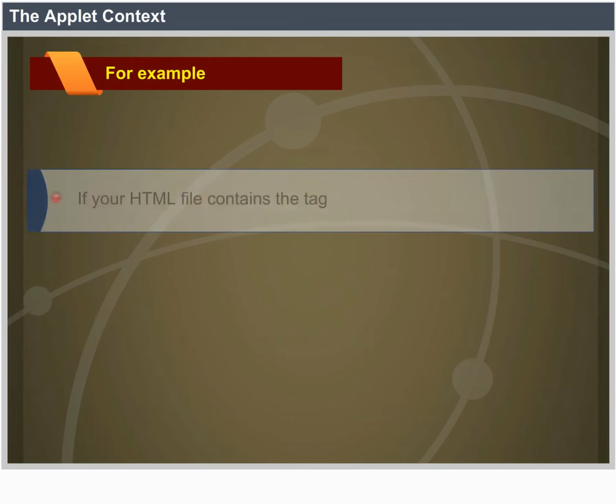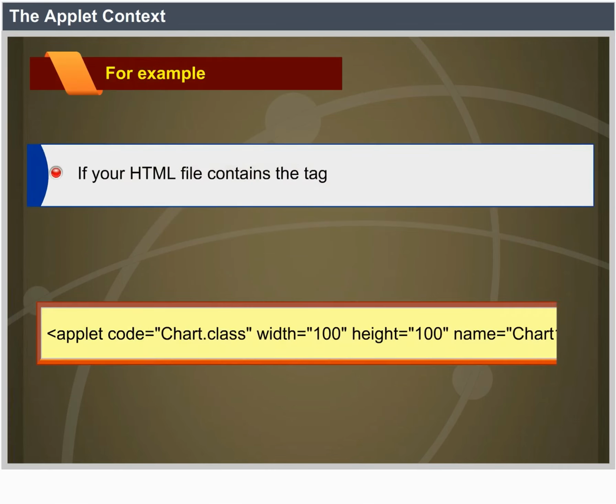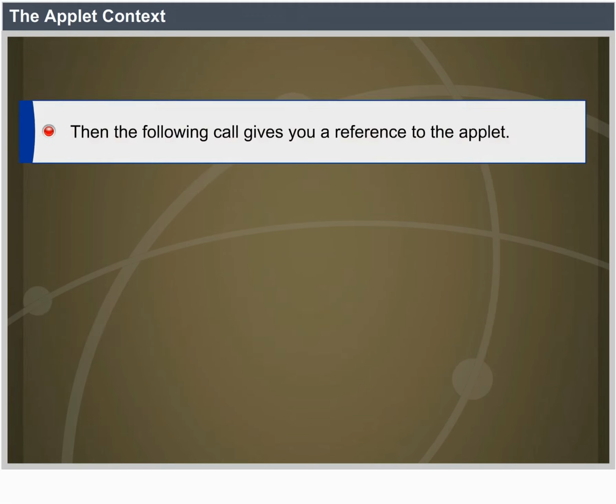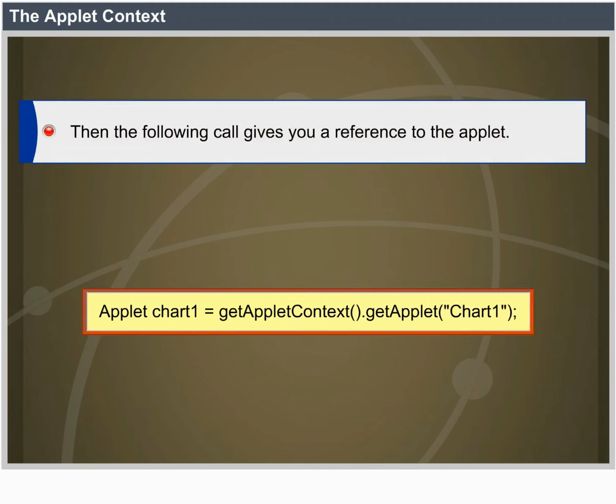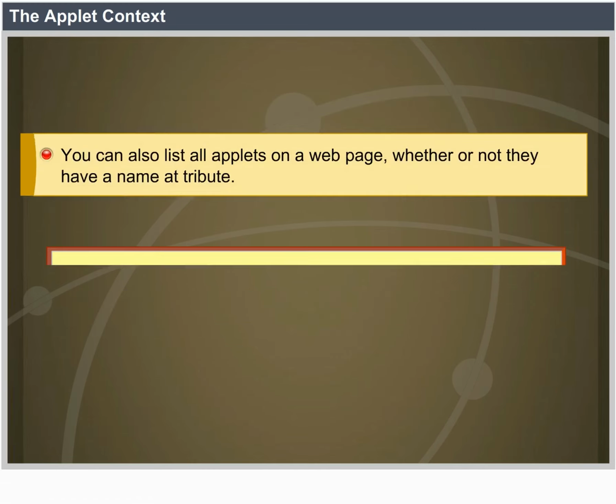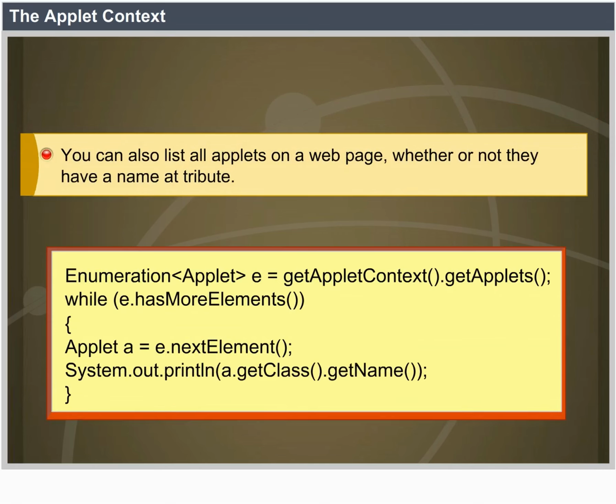For example, if your HTML file contains the tag applet code equal to chart.class, width equal to 100, height equal to 100, name equal to chart1. Then the following call gives you a reference to the applet. Applet chart1 equal to getAppletContext.getApplet of chart1. You can also list all applets on a web page, whether or not they have a name